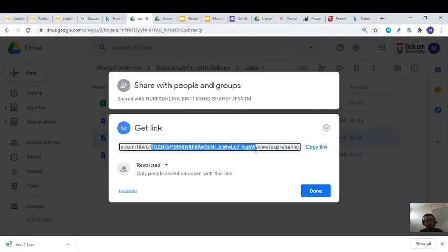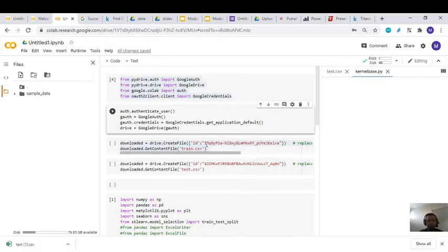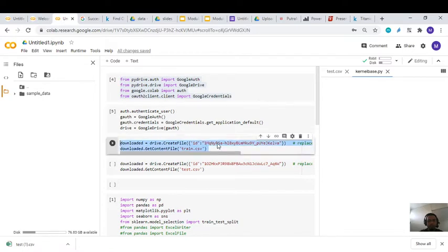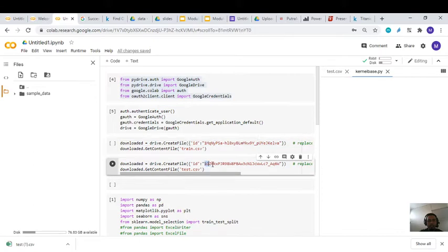Then you can copy it here, then move back to the code.